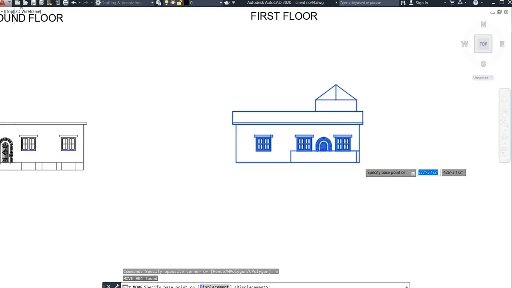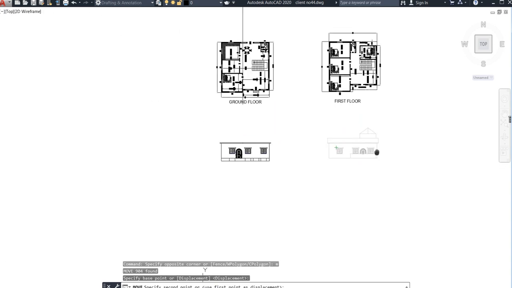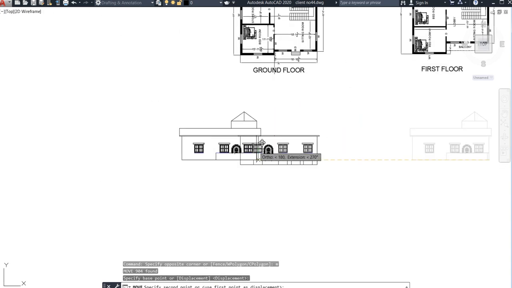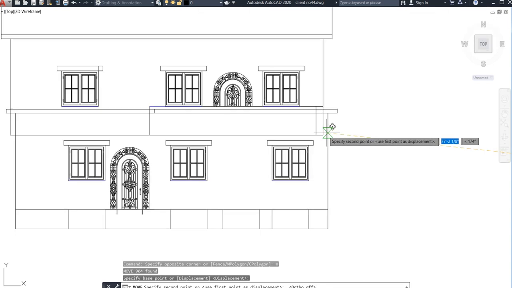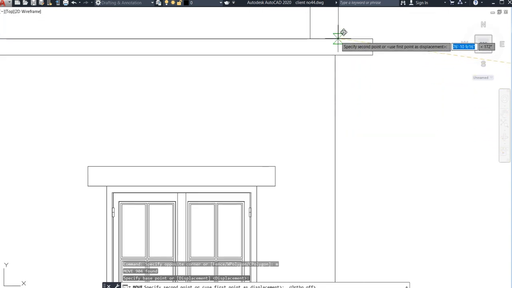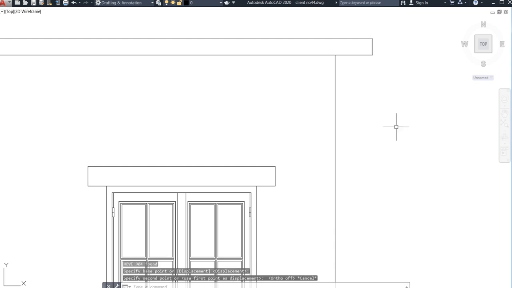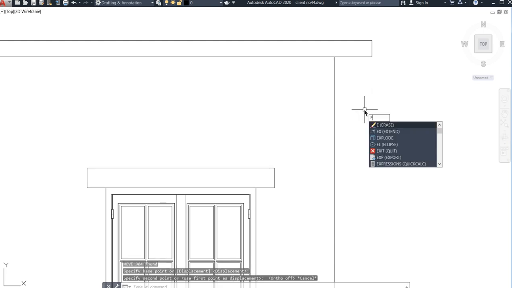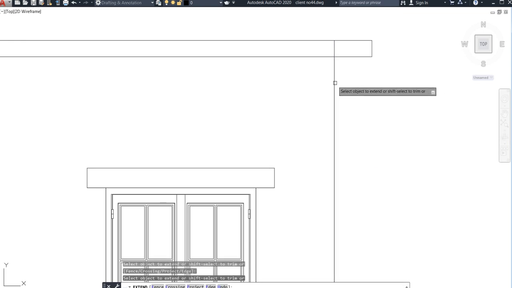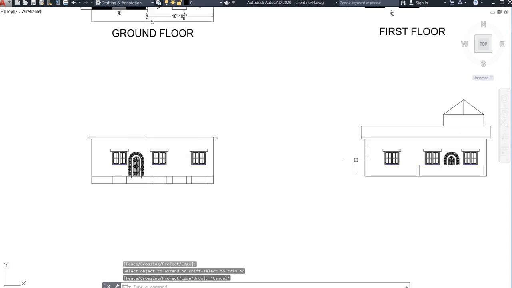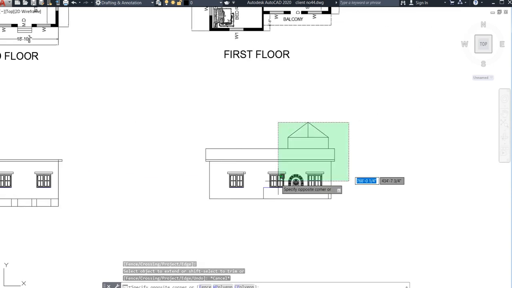For move, function key should be off. So we can't see where it is. Go to extend command, double enter, just extend it. Now you can see definitely it can be replaced.